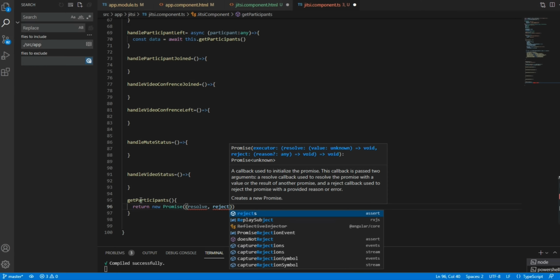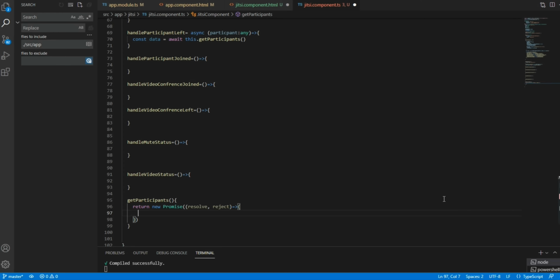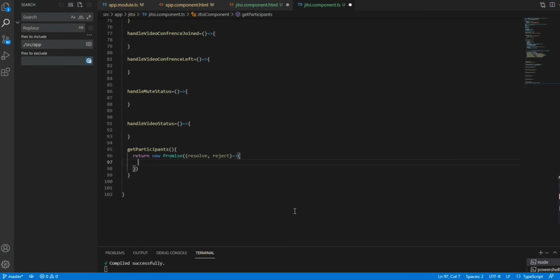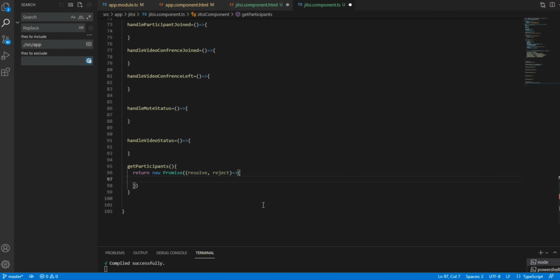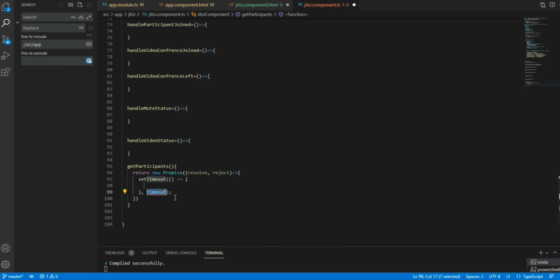We need to return a new Promise, with resolve and reject.